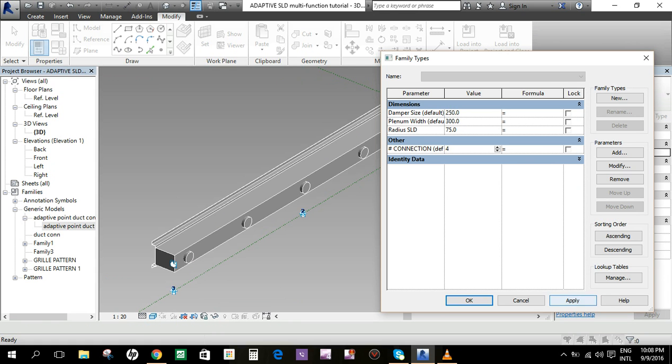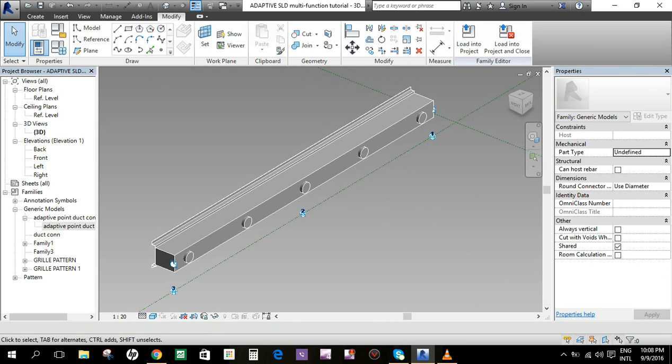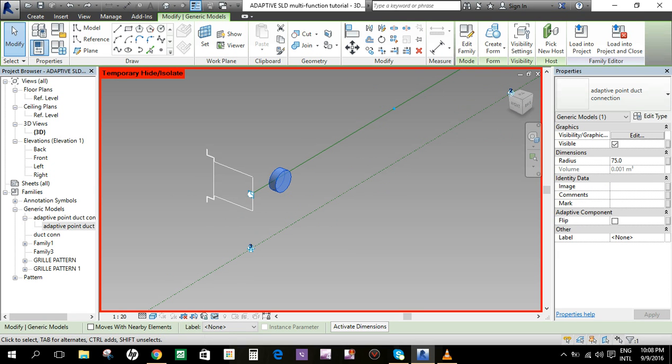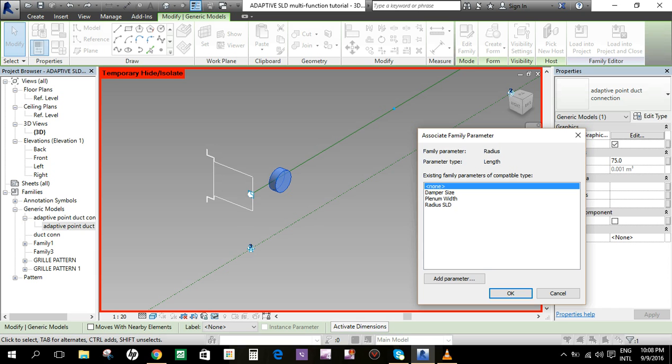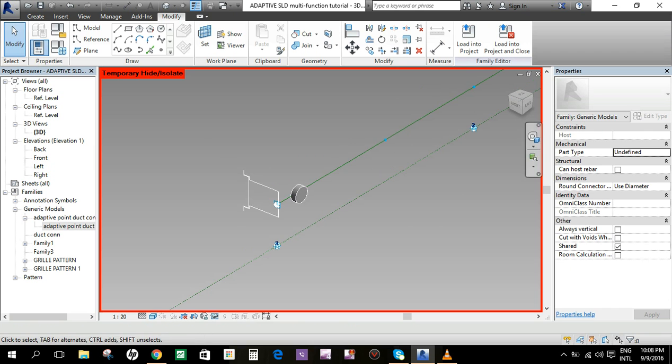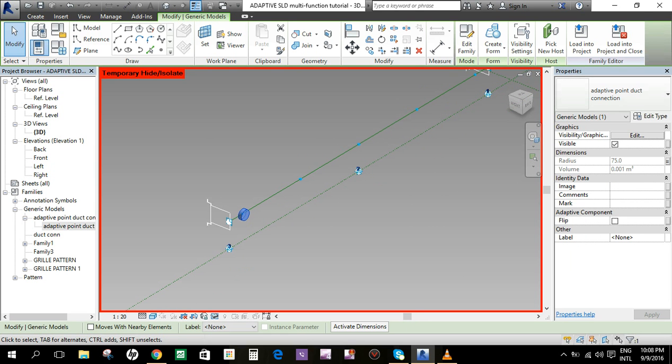Maybe we select 4. It's not functioning, huh? So I think we have a problem. We will modify again the repeater. We select this one, and this radius here in your properties on the right side, you select this corner, then you select the radius SLD. This is a shared parameter I created for this one.